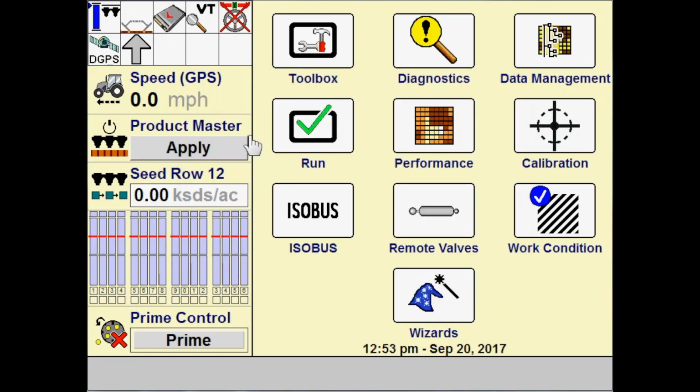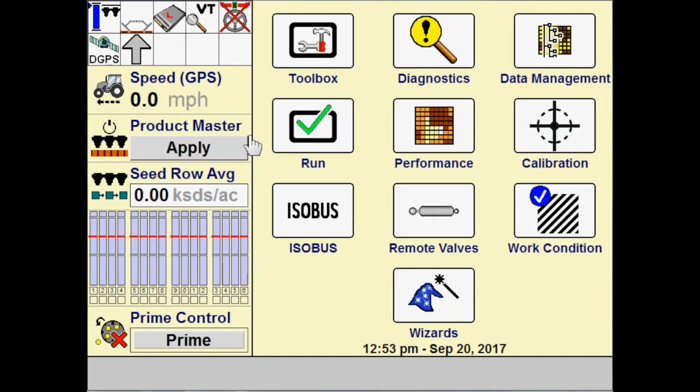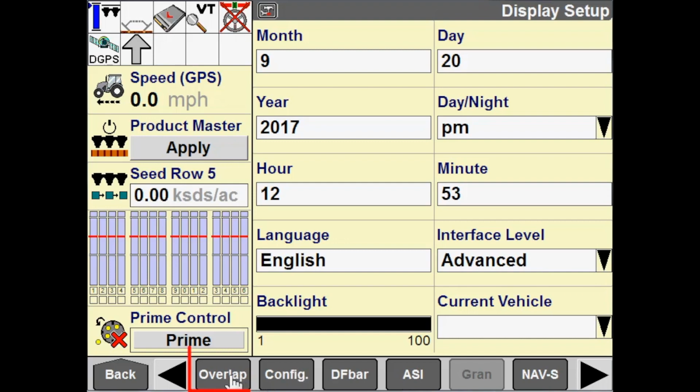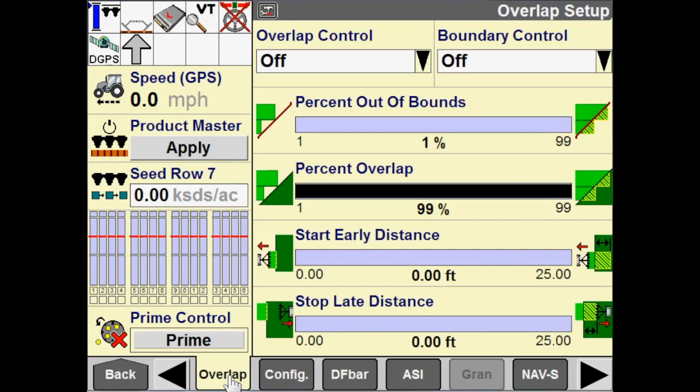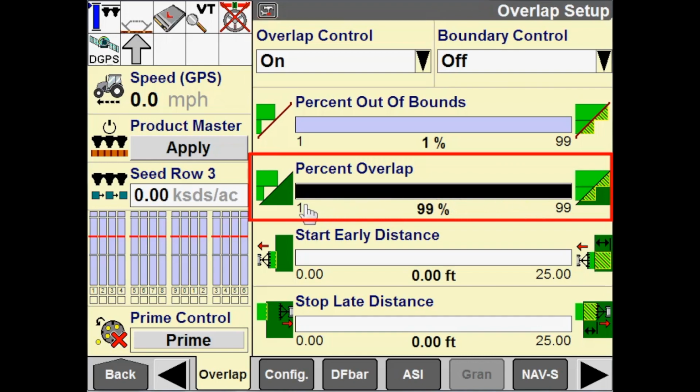So what we're going to do, I've got a Pro 700 display set up here running with an Early Riser planner. I'm going to navigate to Toolbox and then go to the Overlap tab. Within this tab, we have overlap control, and that is configurable to on or off. When overlap control is on, this determines whether the implement uses overlap control for work in progress. And when that's turned on, I have this % overlap configuration down here, and it is configurable from 1 to